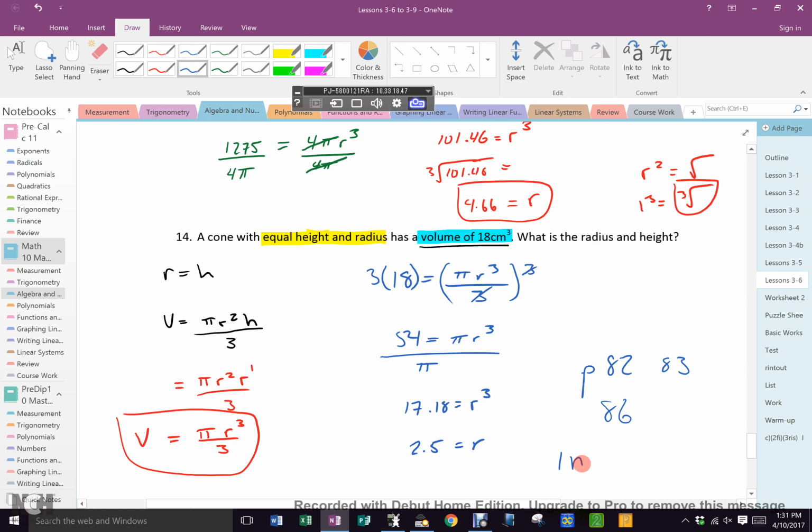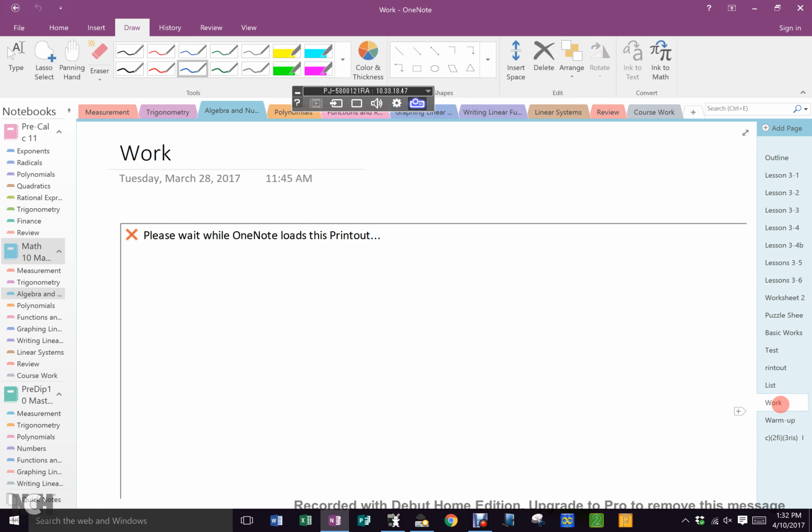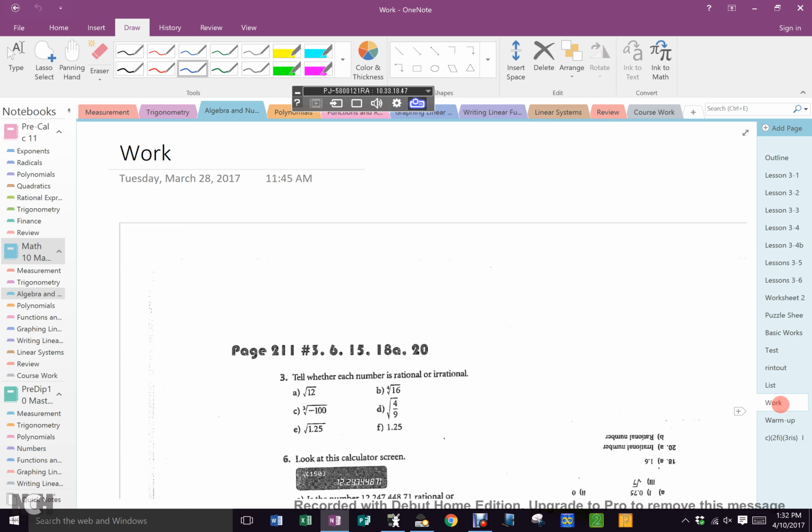That's your info. You are going to do work out of your blue book. Actually, you're going to do quite a bit of work with exponents. Out of your blue book, you are going to do